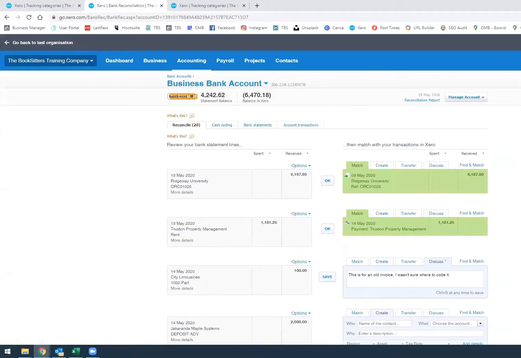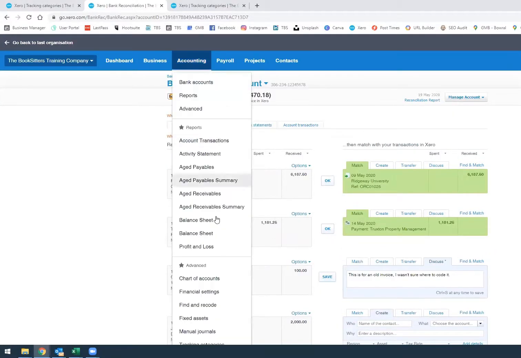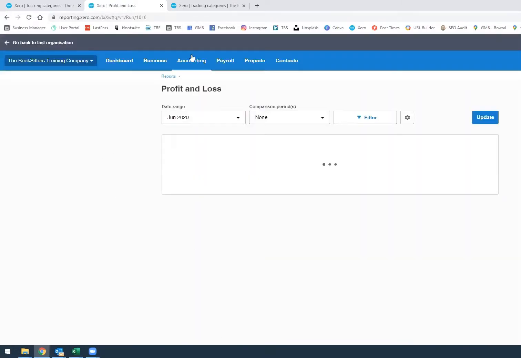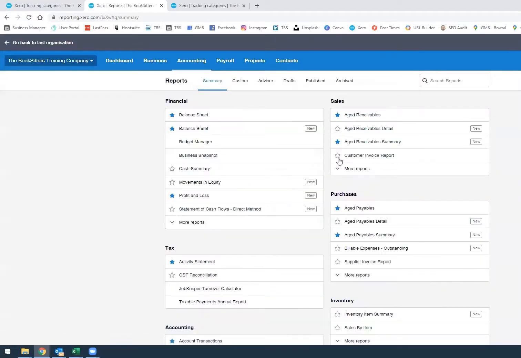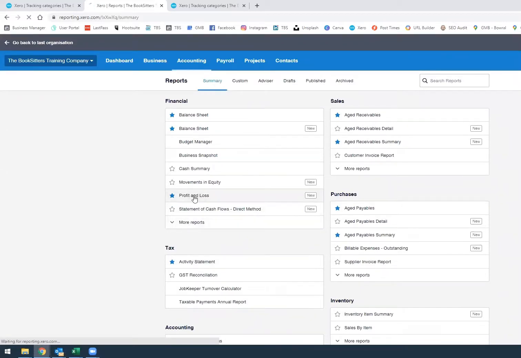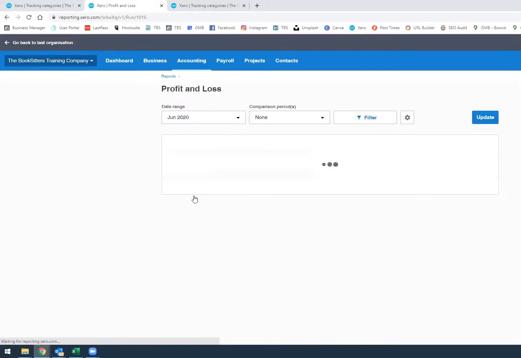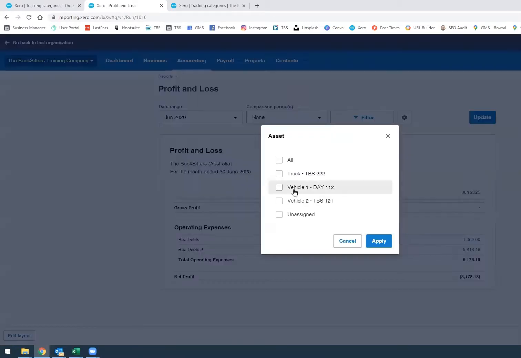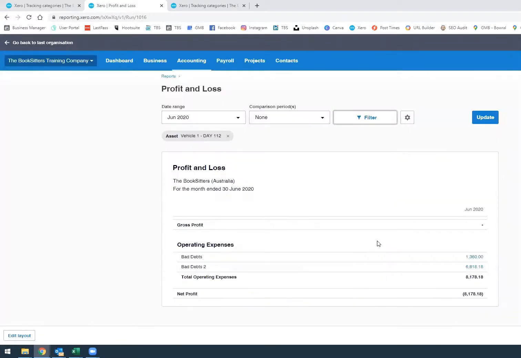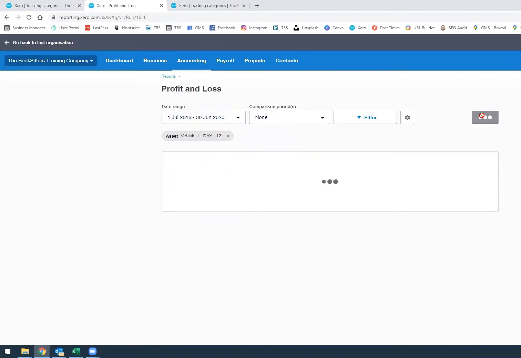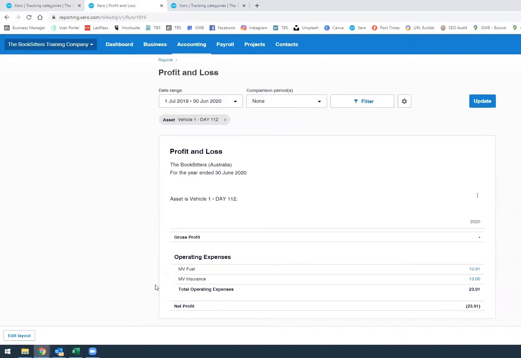And then at the end of the year, or at any period of time, you can run a profit and loss, and we can filter by asset and pick that one vehicle. We'll say this financial year, and you will be able to see how many costs are associated with that one